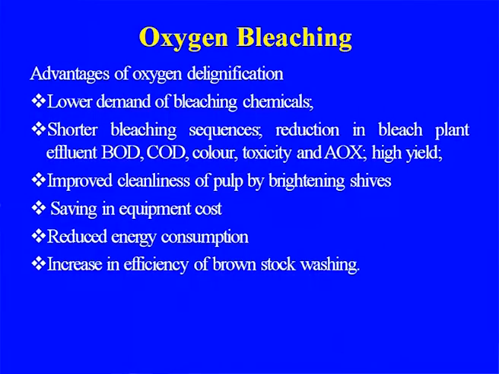These are some of the advantages: lower demand of bleaching chemicals, because the major portion of the lignin you are removing before it goes to the bleaching of the pulp; shorter bleaching sequences that may be required; and the effluent load is also lower, with lower BOD, COD, color, toxicity. High yield is also there, and improved cleanness of the pulp by brightening, because one more thing in the paper industry is the requirement of